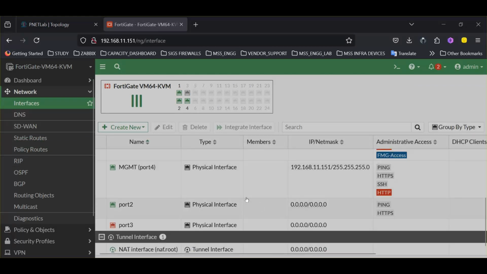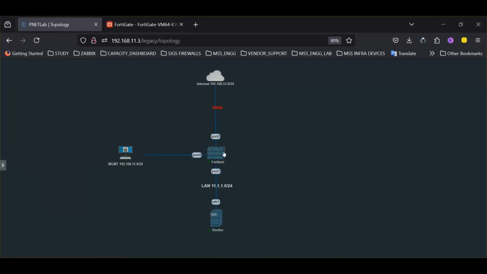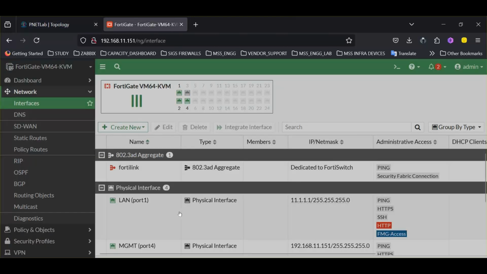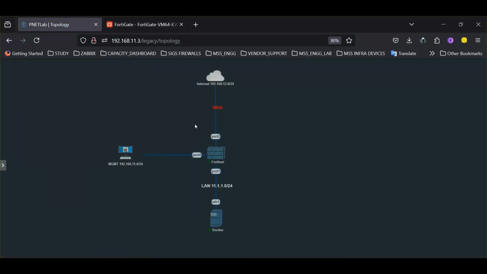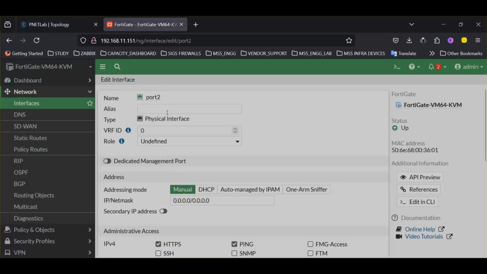Coming to the point, right? So the port one just got configured. You can see it. It's a LAN port. Coming to the LAN, okay. Port two we need to configure as a LAN. Okay, make it as a LAN, and you have to mention